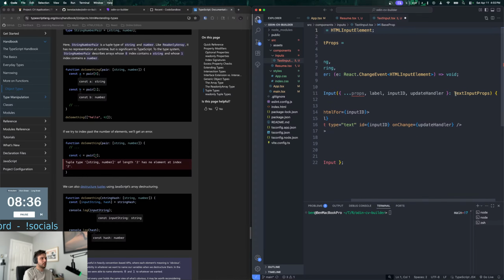Or can I put it in this thing? Or do I deconstruct it into its own object?